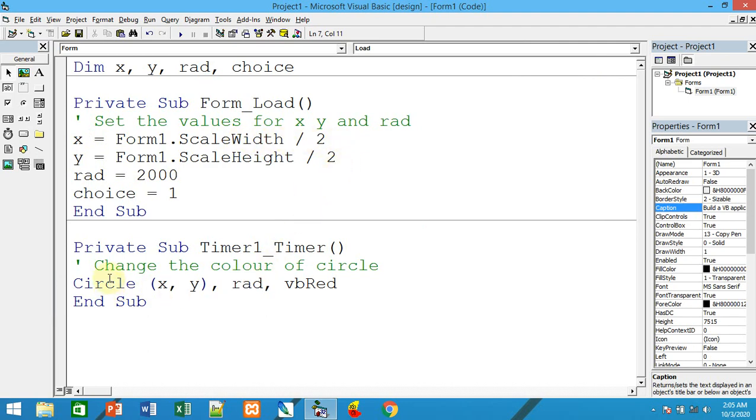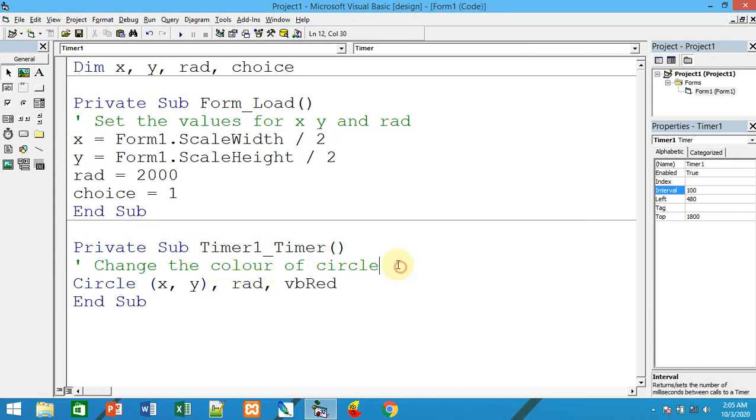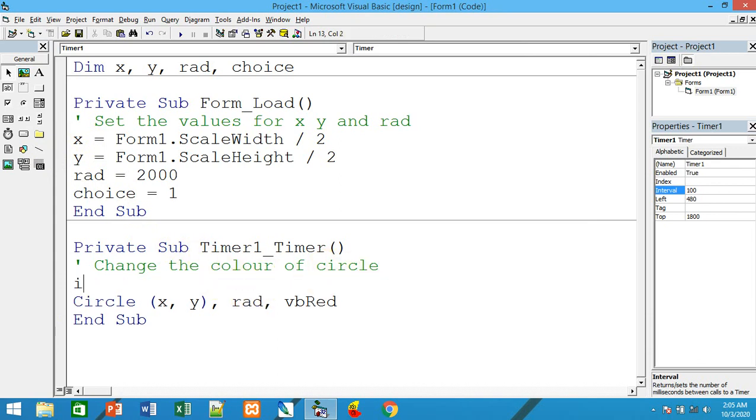Next, change the color of the circle. Here it is always displayed with the color red, but according to our plan, the application should display a circle with four different colors: red, green, blue, yellow. So the only thing you need to change is you have to check for a value.